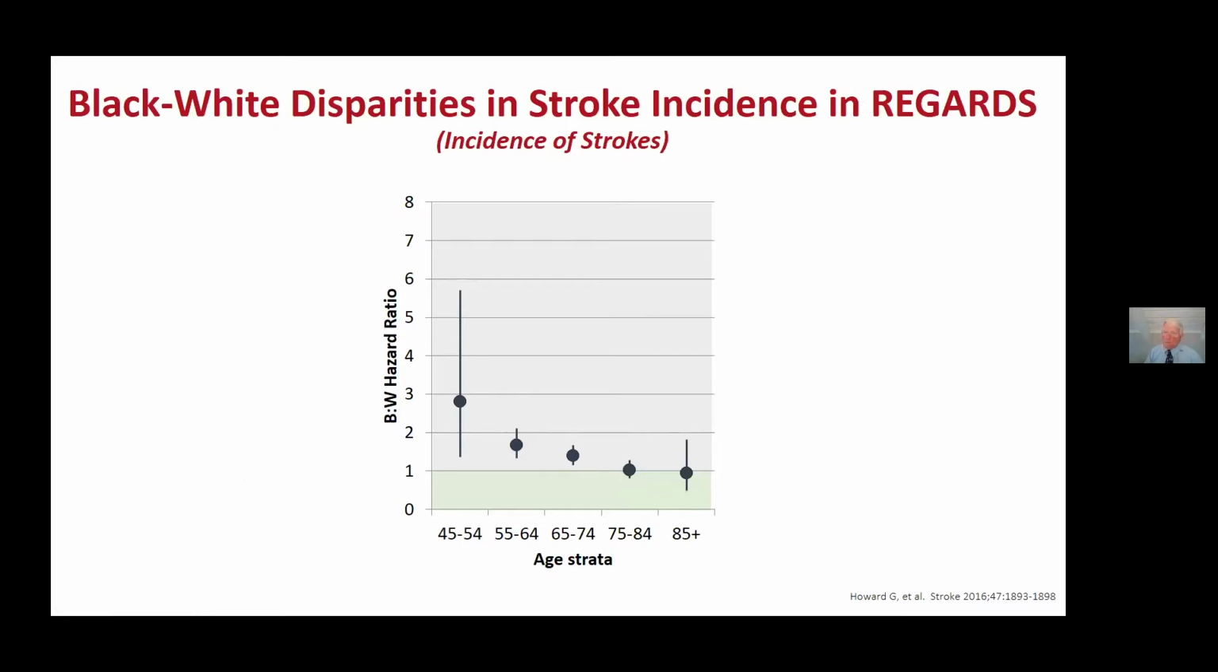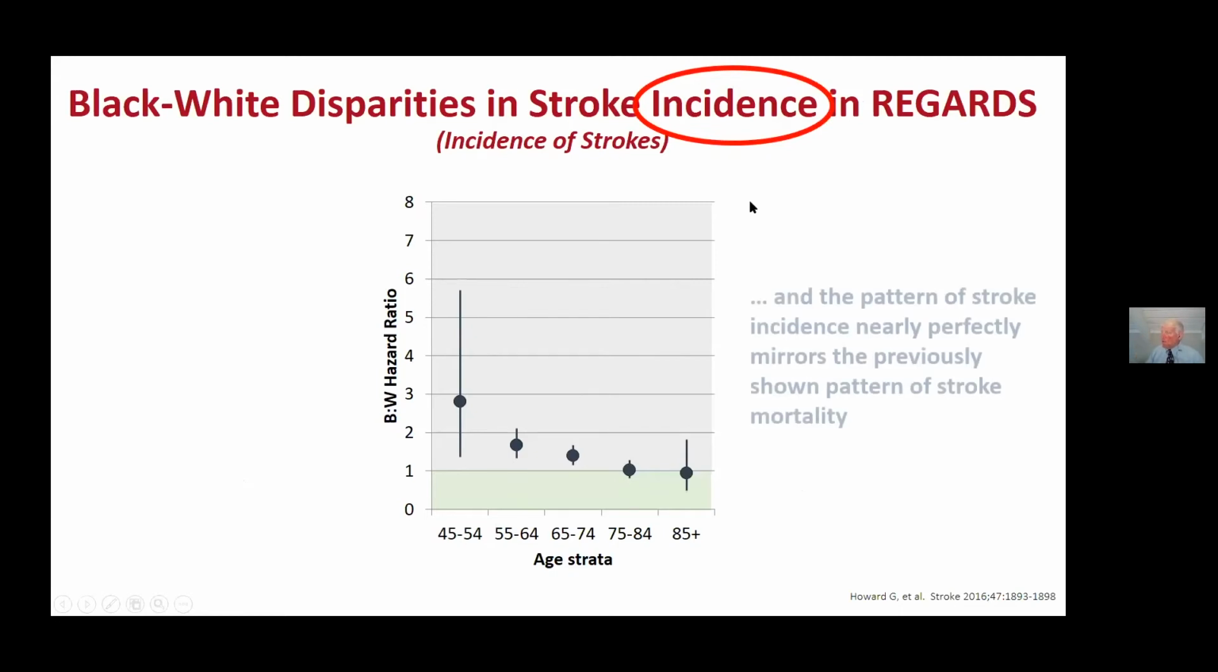Turns out there was a highly significant interaction with age for stroke incidence. So we've changed now from talking about mortality, dying from a stroke, to stroke incidence, having a stroke. And I hope this pattern looks familiar to you. Basically, we're now focusing on incidence again. And the pattern of stroke incidence nearly perfectly mirrors the pattern that you saw earlier that I asked you